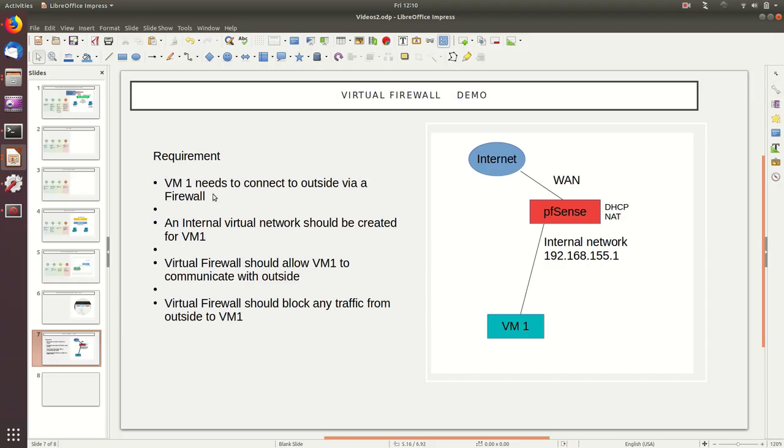Here are the requirements: VM1 needs to connect to the outside via a firewall. That's the reason we are creating pfSense. We are putting it inline, in path. An internal virtual network should be created for VM1, so we need to create this new virtual network within the Xen,